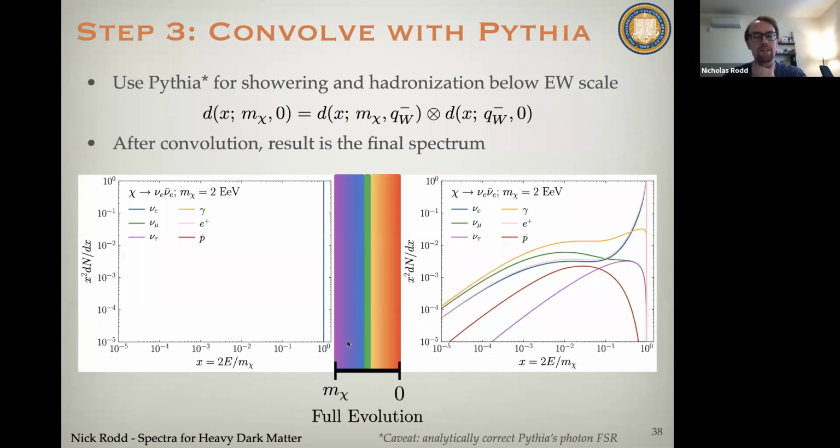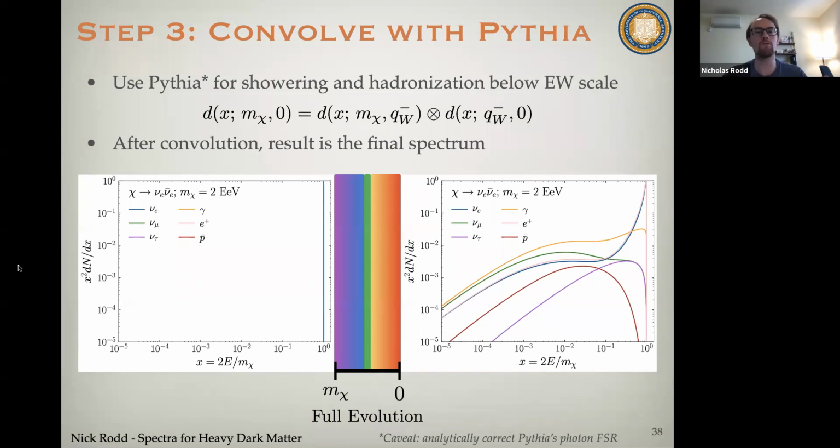And so then the sum result of our full evolution is we started out in virtuality at a high virtuality scale of just this delta function. But then by the time we've evolved down to the infrared scale, you can see that we've generated a very complex distribution of all the different types of particles you might hope to search for in indirect detection. So earlier on, I just showed you the neutrino and the photon spectrum. But of course, there are others, and here I'm showing you them in detail in this plot.